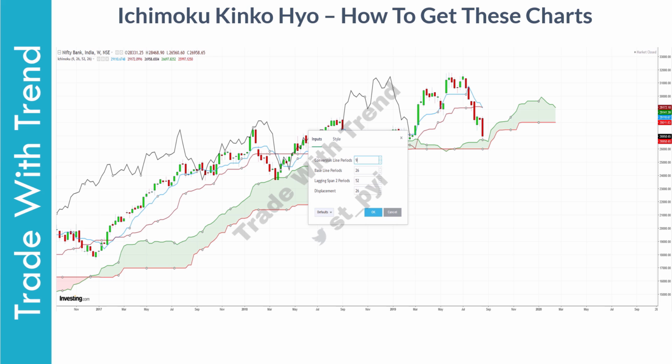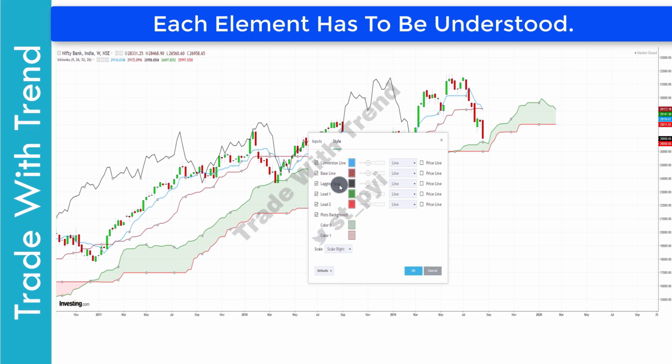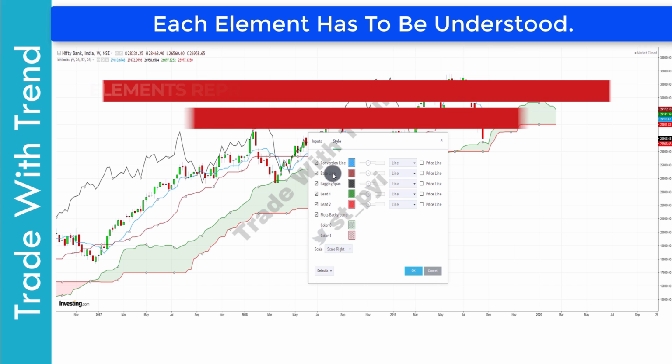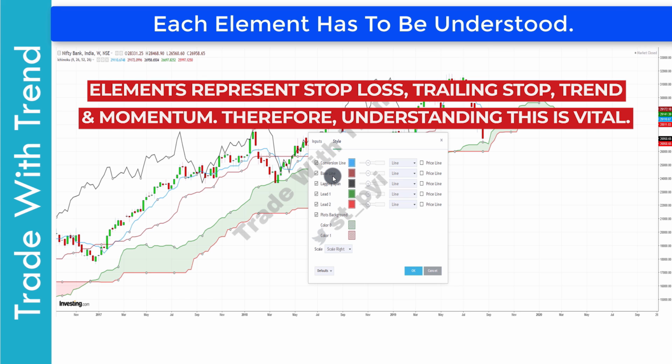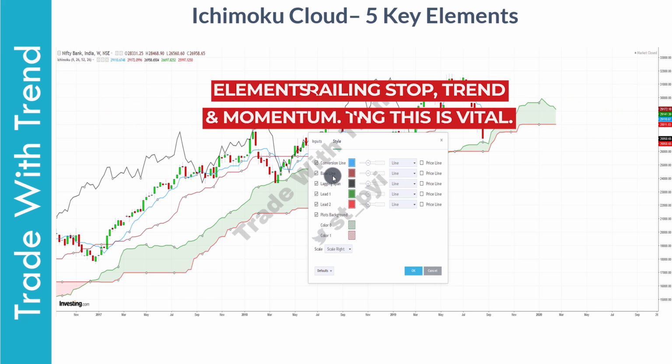When you plot the Ichimoku Cloud, you would get 5 key elements on the chart. By looking at these elements, beginners often get confused. Now, in my own opinion, understanding each element on its own is essential to profiting from Ichimoku Clouds. I will be taking up each element in depth in the subsequent slides. So the first key element is Tenkan, and this is also known as the conversion line in many software. The second key element, if you see, is Kijun, and this is also known as the baseline.